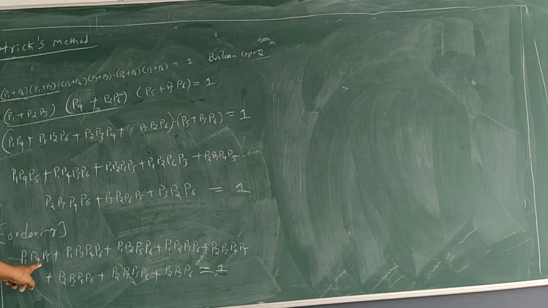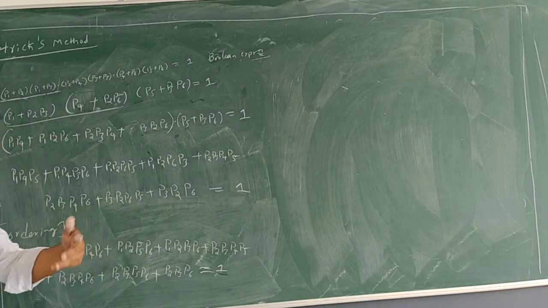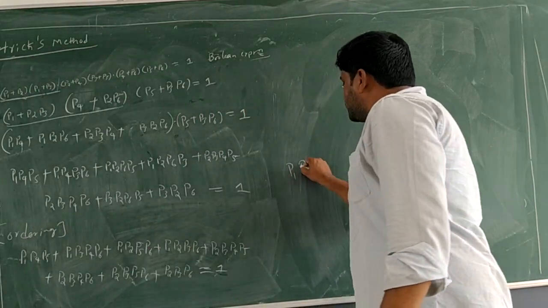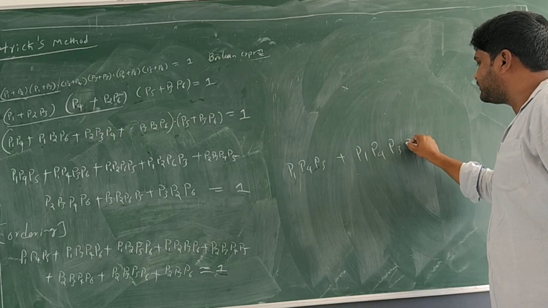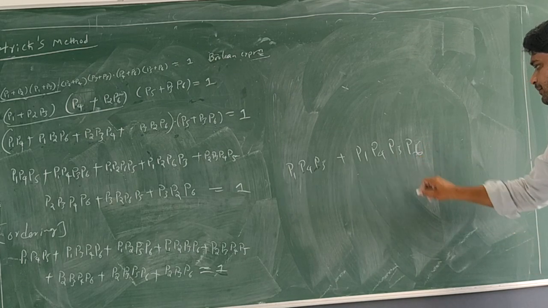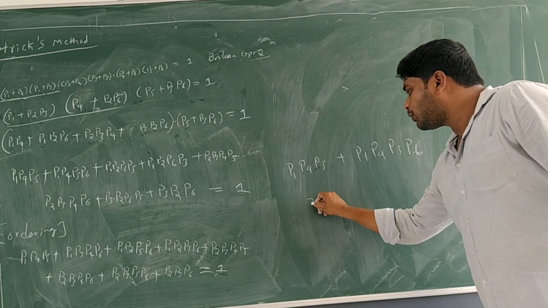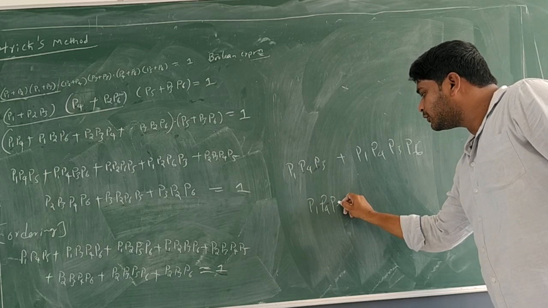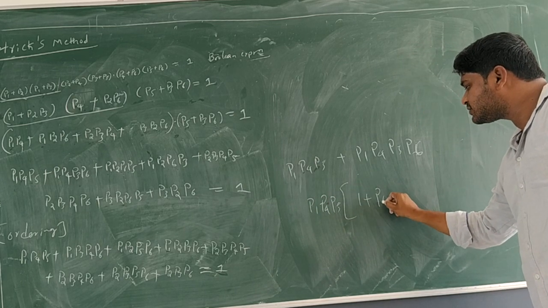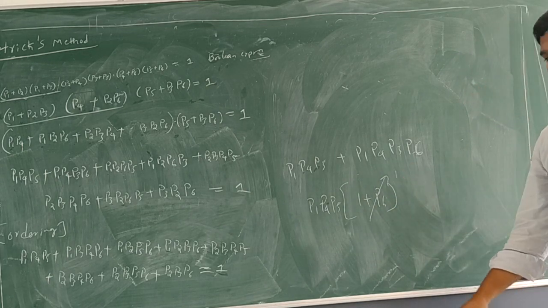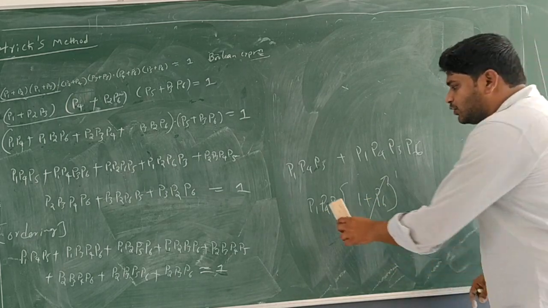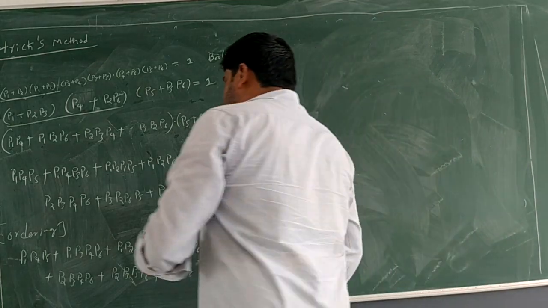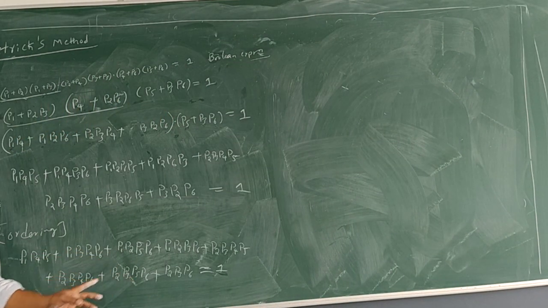See here, 1 4 5, do we get 1 4 5 here? No way. If you would have got P1 P4 P5 with P1 P4 P5 P6, if this was a possibility, so what was a good option? Taking common P1 P4 P5, bracket 1 plus P6, which results as equal to 1. So the term would be 1 4 5. Okay, but we don't have any common terms.